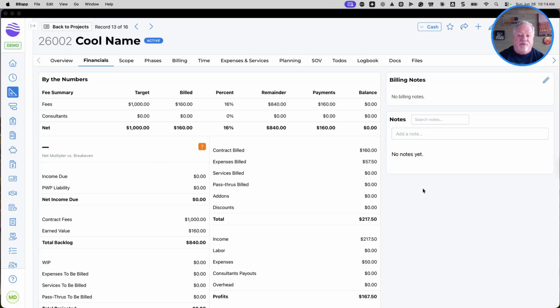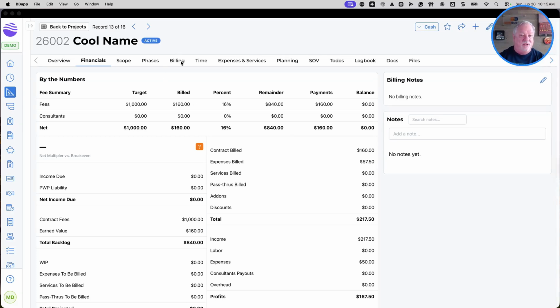They had billed for some fees, and here I did a quick invoice for $160 of fees and for $57.50 of expenses. Now, they sent the invoice to the client, paid the invoice, and then the client came back and said, oh, wait a minute, the contract says you can't bill for expenses, they have to be included within your fee. But the invoice has already been paid, and so I'm going to jump over here to billing where